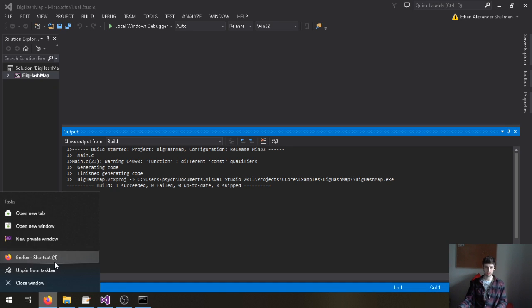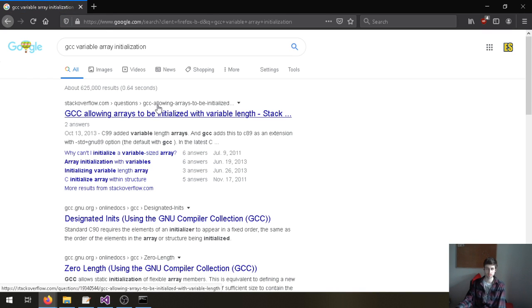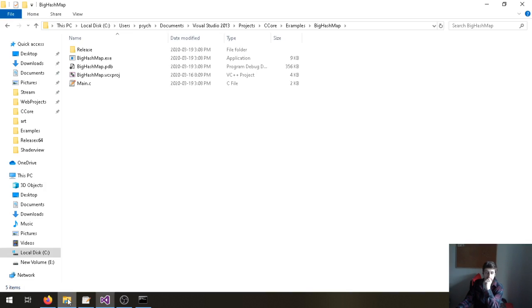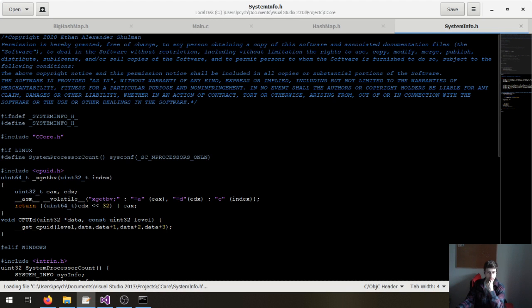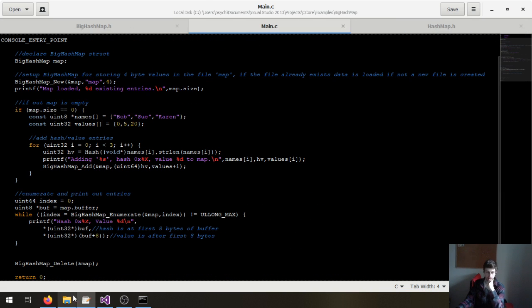Hold on. I just want to see something. GCC variable array initialization. I almost think I remember some issue with GCC. There we go. Okay. Variable array support is marked as optional. Okay. You know what? I didn't realize that. We're gonna go through. What do I have defined as a, I think,